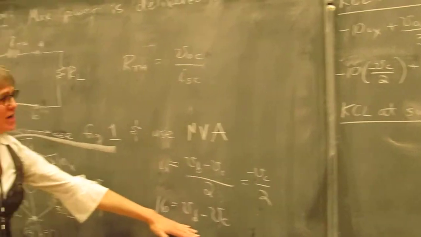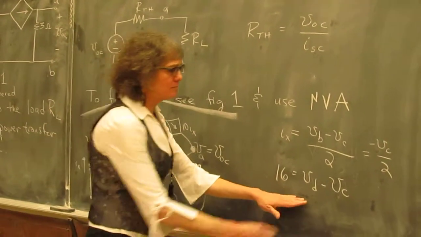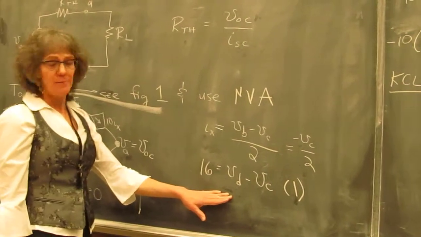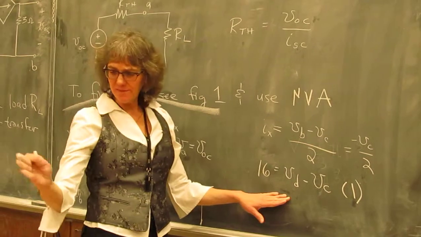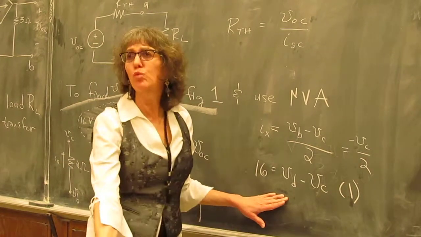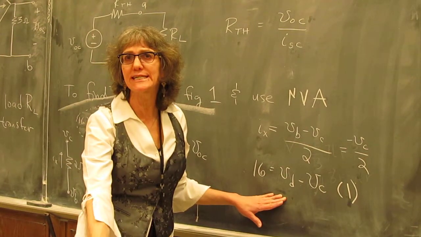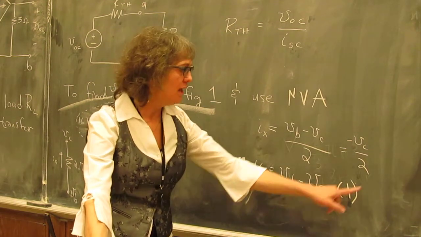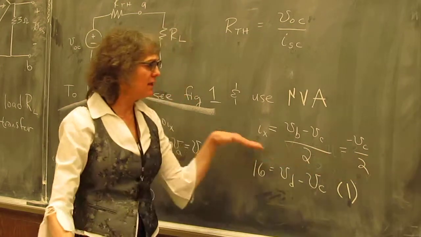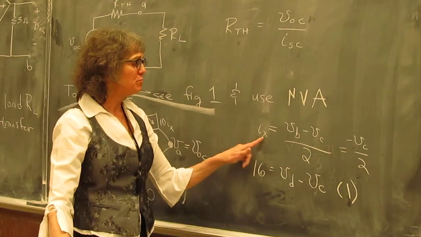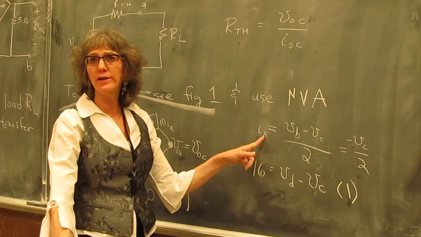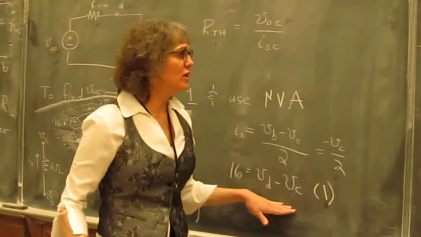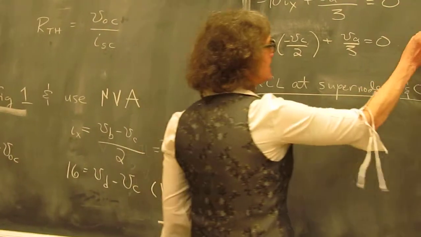By the way, this equation that I got in step 4, I'm going to label it as equation 1. You should remember that the 4th step is the beginning of writing the n equations in n unknowns. That's why I labeled this one number 1. I didn't label this one because I'm only using this for the purpose of substituting for the controlling quantity in terms of the node voltages. Okay, so this is equation 1. This is equation 2,